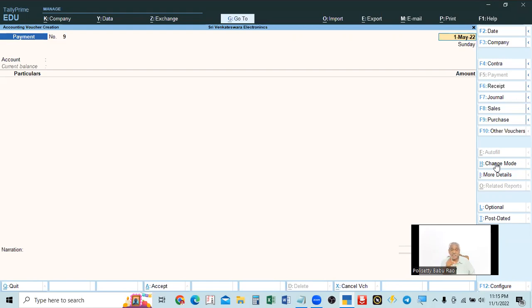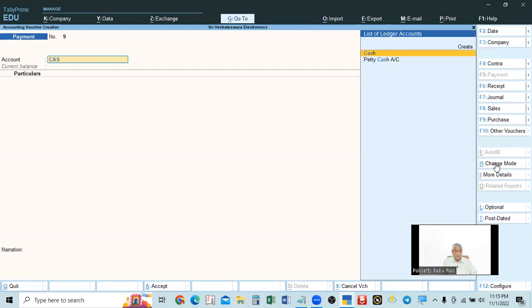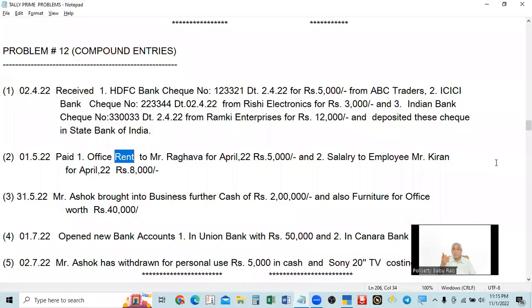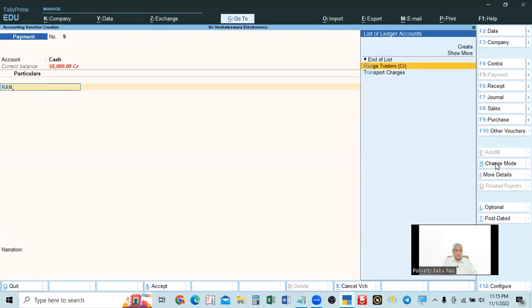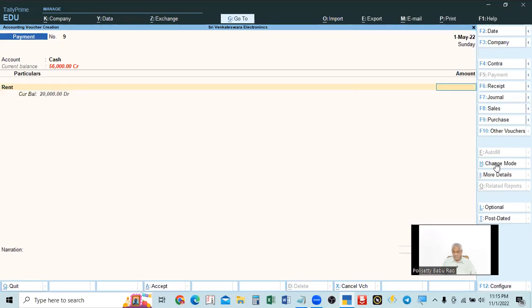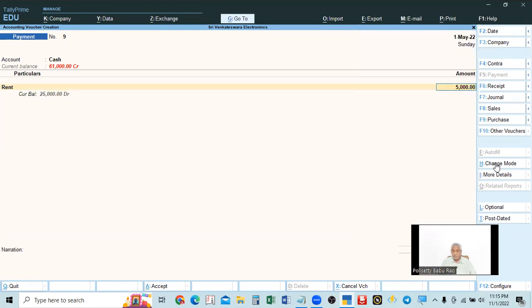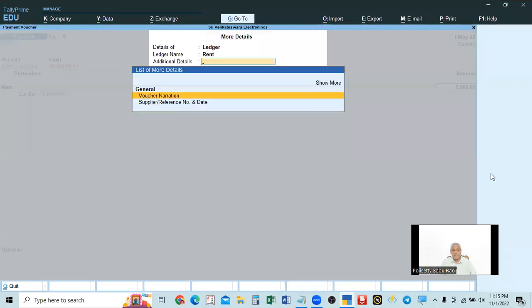But in the case of single entry, what you paid, paid by cash or by check, we have to enter here. First we paid cash, then why you paid. See here, rent account 5,000 rupees. Here also, if you want, you can go for more details,